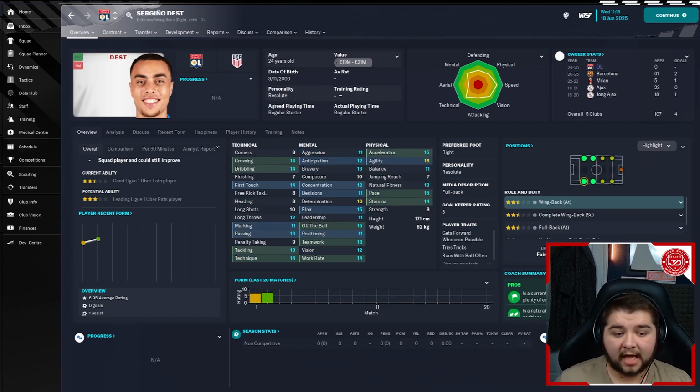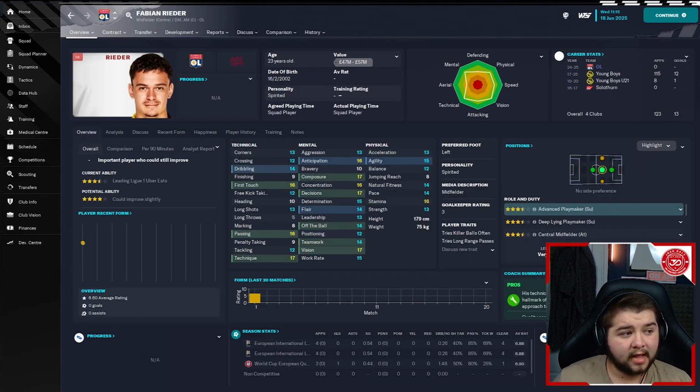We then go and sign Dest again because we needed a backup left back this time. This guy can play in that position and also cover right back. Again, not the best of the best, but can do a great job. And we also sign Fabian Rieder, who again is my go-to player when I'm